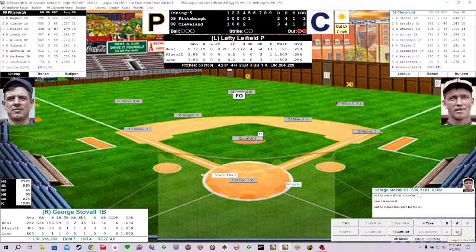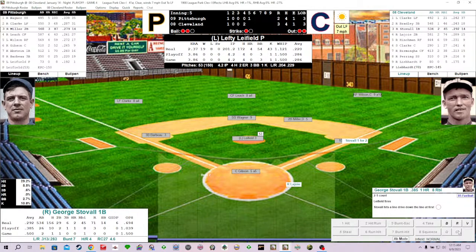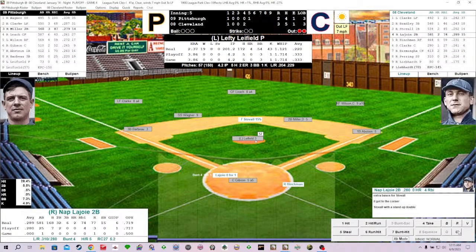All right, Stovall bats with 2 down. Leafield with the 2-1 delivery. Fastball, and this one scorched to right off the wall. Chief Wilson giving chase. Stovall could get 3 out of this one as he's going around the bases. Here's the throw to second. And they hit the cutoff man, and they're going to hold George Stovall to a double. So 2 out, runner in scoring position, Cleveland looking to pad its 3-2 lead.